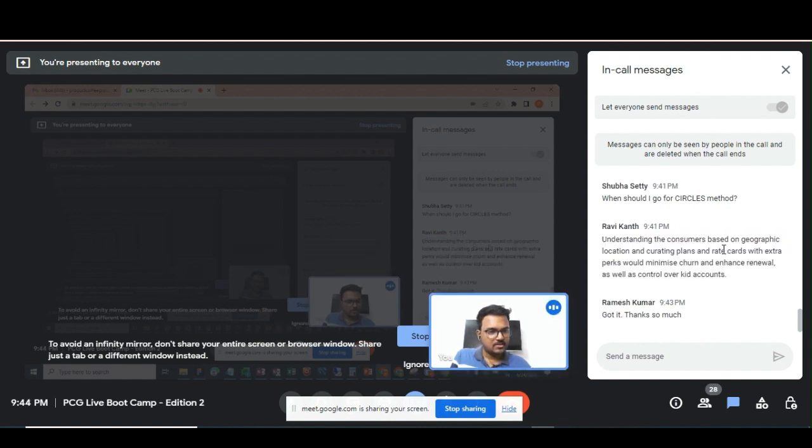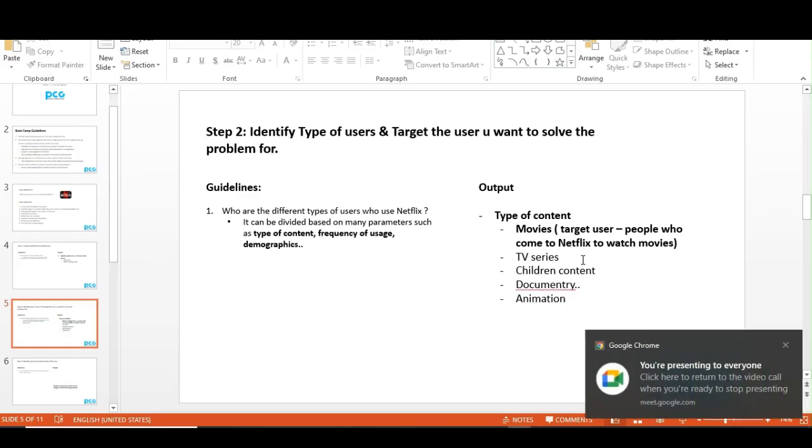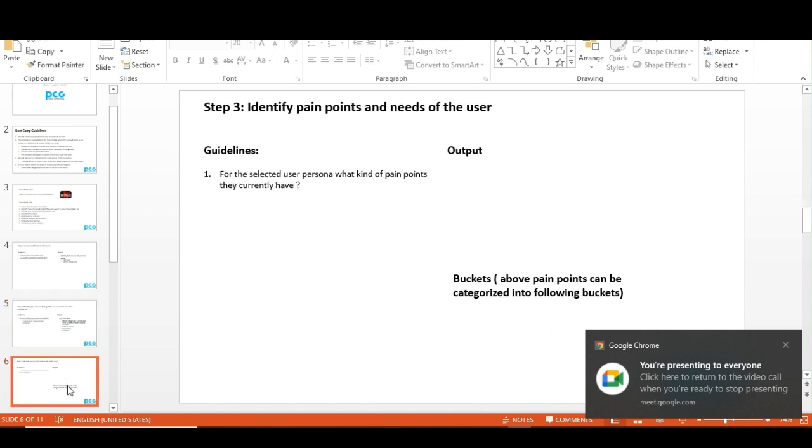I think there is one more question. Understanding the consumers based on geographic location, curating. Okay, you're jumping, you're coming into the solution mode, Ravi. We'll get there. Don't worry. Okay. We'll move to the next part. You've identified this particular user segment, right? The next step in this is the